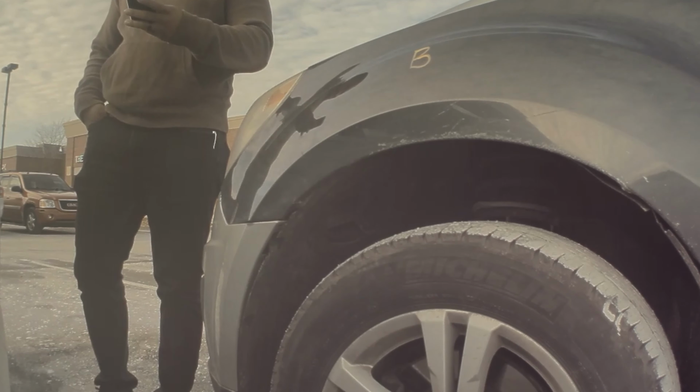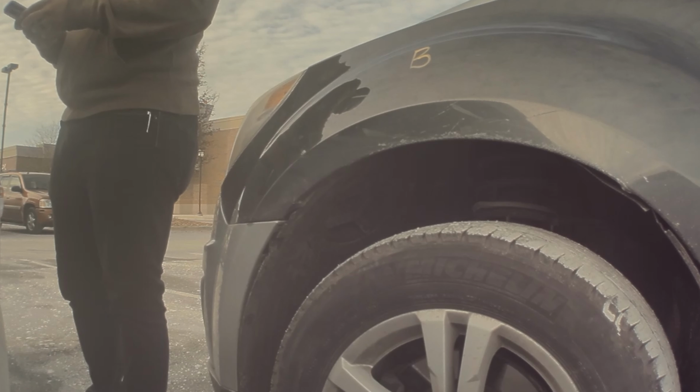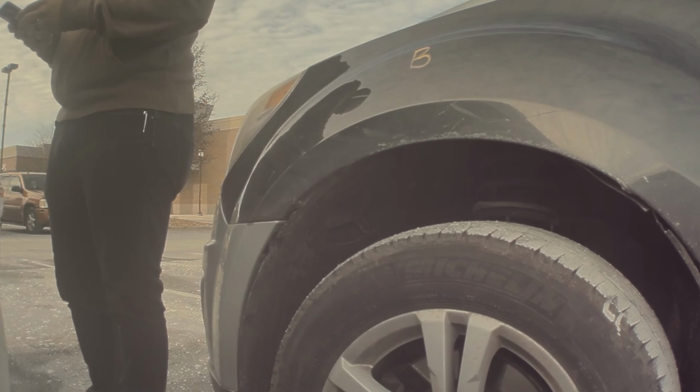I don't know. Has this happened to anybody else? If you're a Tesla owner, I want to hear from you. If you've experienced similar issues,